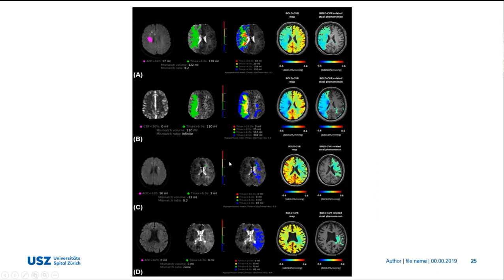So these are patients we would now novelly be able to identify with Bolt CVR. We would not typically pick up on our standard imaging for acute stroke at this point. Another patient, also no stroke,